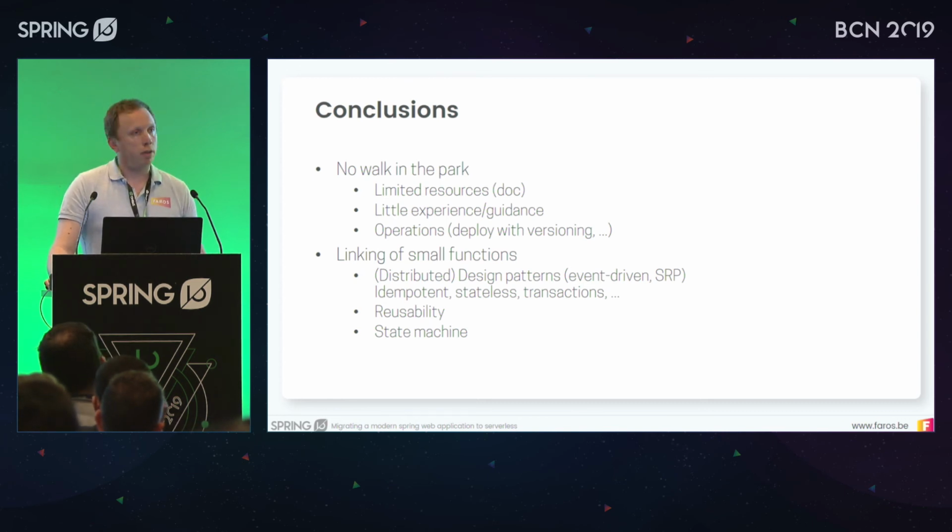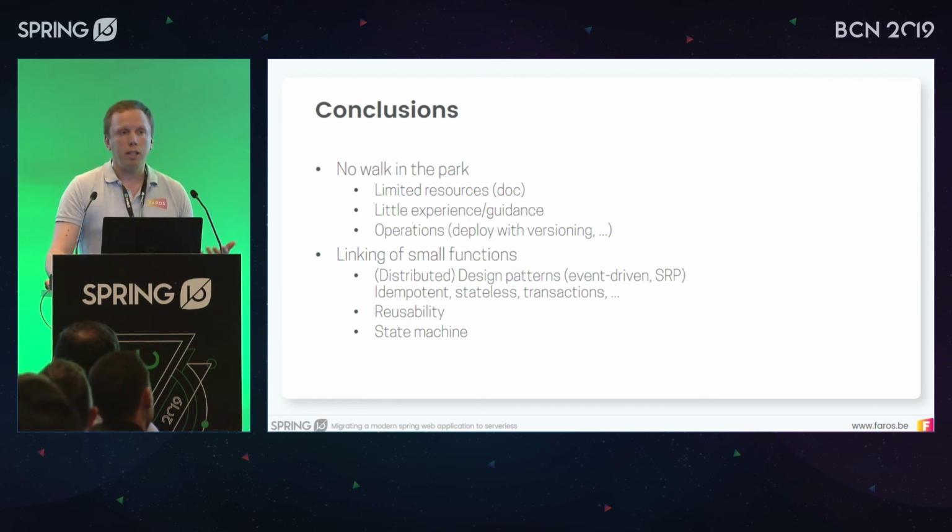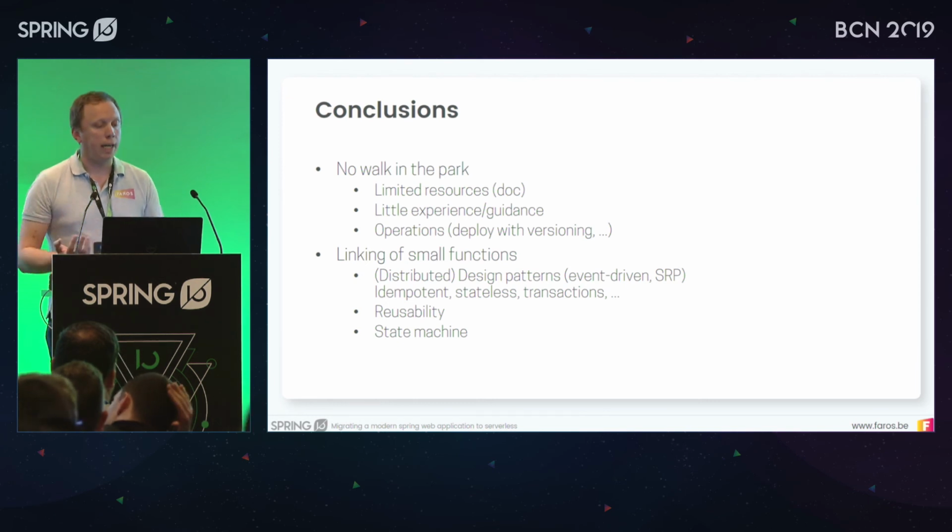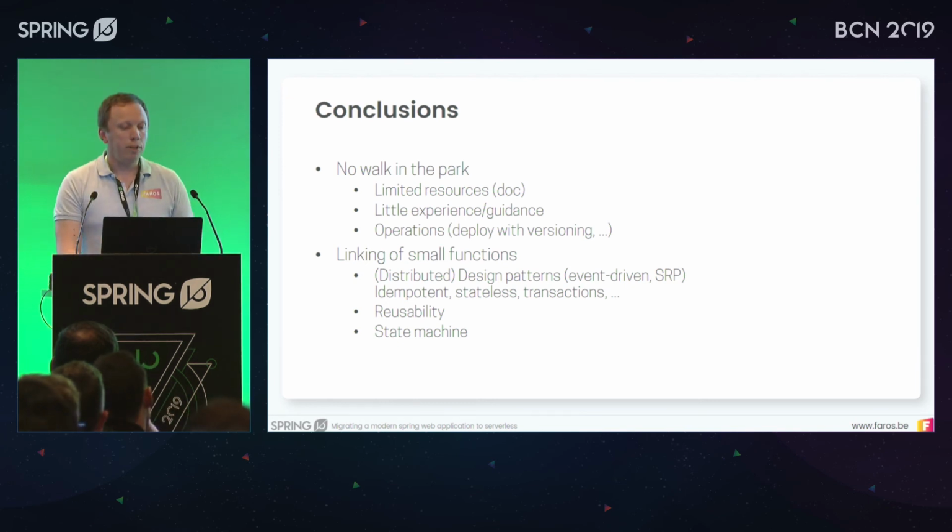Now, the idea of this architecture is kind of neat. As we said before, it forces you to think about these small units that communicate with each other, but you also have some responsibilities there to make sure that the things that are valid for a distributed application, you also apply them here. Things like idempotency, stateless transactions, stuff like that. You also have to think about this because it's not very easy if you just neglect these kind of things. But then again, you can make use of reusability because now you have these different functions that you can just start using in different step functions, for example, using these state machines.